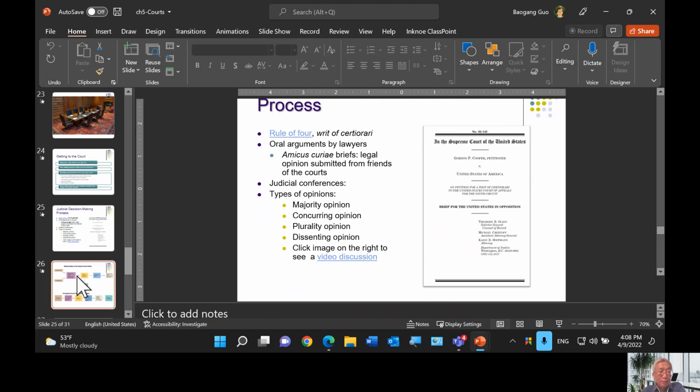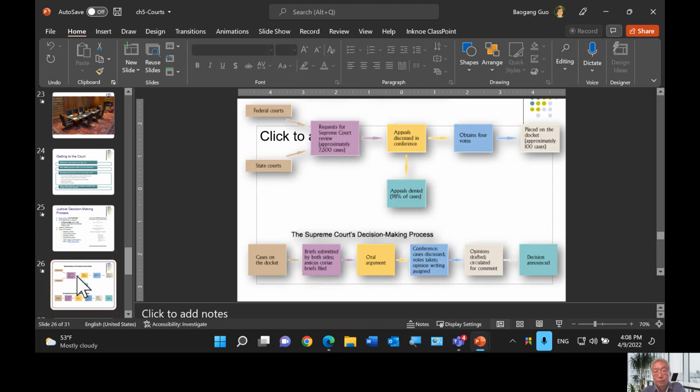All right, so we already talked about the judicial conferences, and those 4 types of opinions. The next slides summarize the flow chart of the case, how they travel. Again, here you can see, starting from the beginning, you have the cases filed in federal court or state court, and once they go through the district court trial, the appellate court trial, or at the state level, all 3 levels, trial court, appellate court, and state Supreme Court, then they can request for Supreme Court review after going through all those processes.